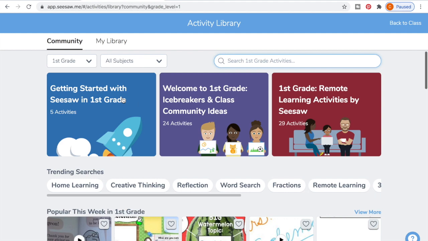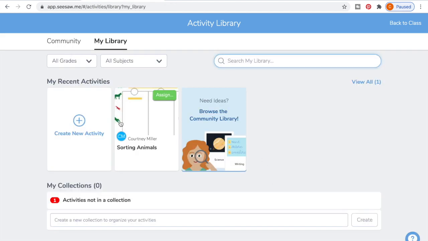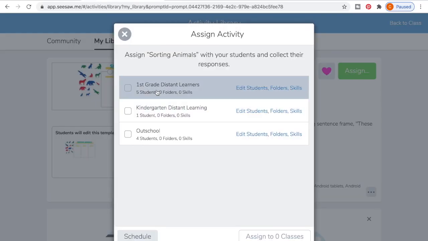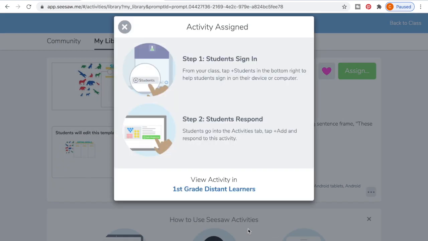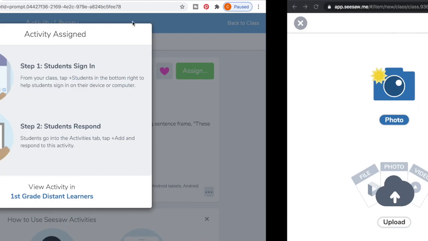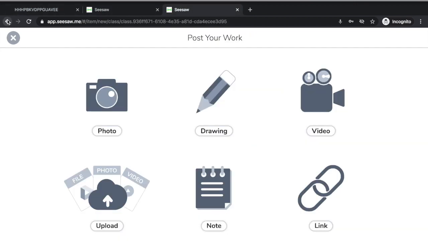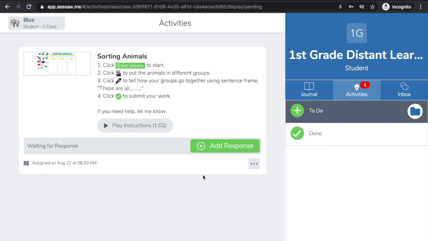So these are the activities. I'm going to push my library, and I'm going to actually create one. This is one that I created, and I can actually, when I get ready to assign it, I can just push assign, and then I can actually edit the students and only say Blue's going to get this assignment, okay? And then I can push assign to one in the class. Then when my student comes over and they come to see their work, if I push activities, that activity will show up here. The students will push add a response,